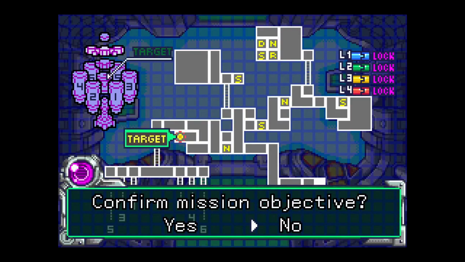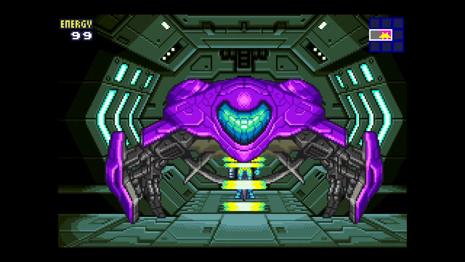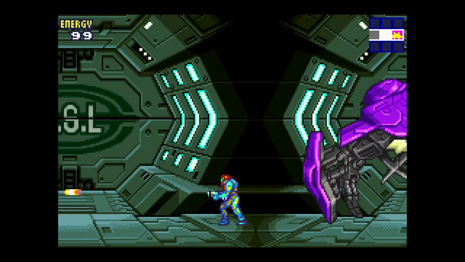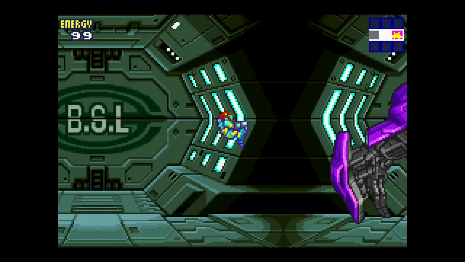Oh, you're gonna automatically... So what? He'd probably say the whole thing all over again. No. Do not confirm it. Okay. Yeah, this is the first Metroid to give you the option of having really annoying